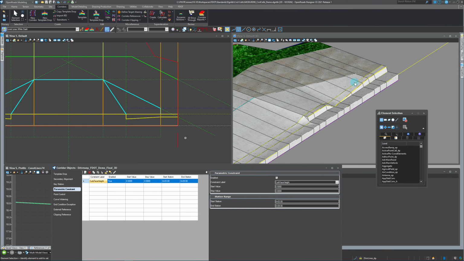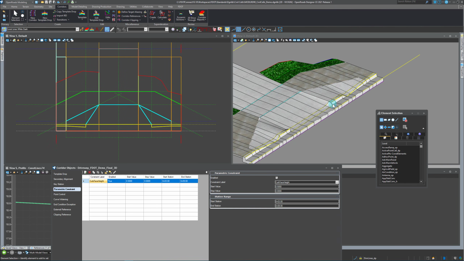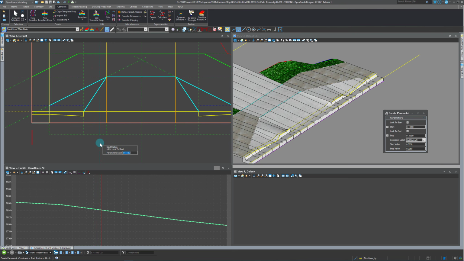Okay. So you can see we've got that, but we've still got this middle portion. So I'm going to go ahead and do the same thing from here to here, because I know this drop curb that sits in here isn't going to be affected by these parametric constraints, because the drop curb is the drop curb. It's been modeled in there and it doesn't have the same constraints. So if I go from here to here and I do